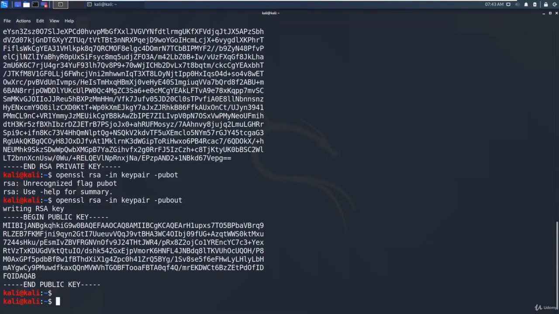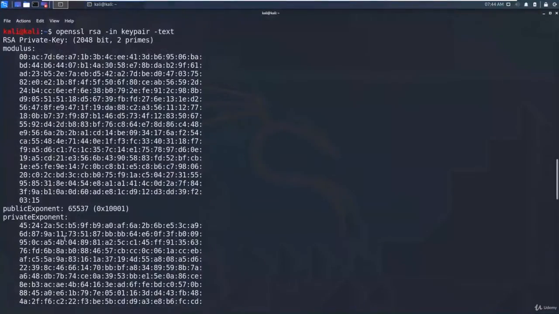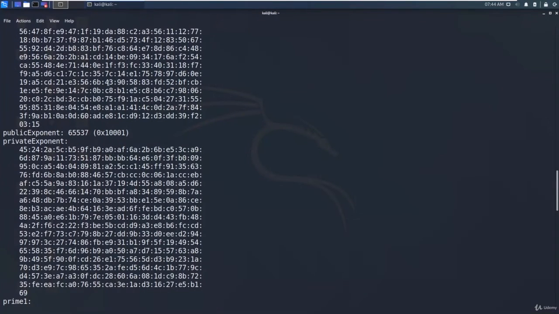So we have just extracted the public key. One thing I want to show you in this keygen is I want to say -text. With this text option I will get all the detailed information about this file. As you can see, there is a modulus, and we have already seen this in RSA, and public exponent 65537 and private exponent, which is D, I think.